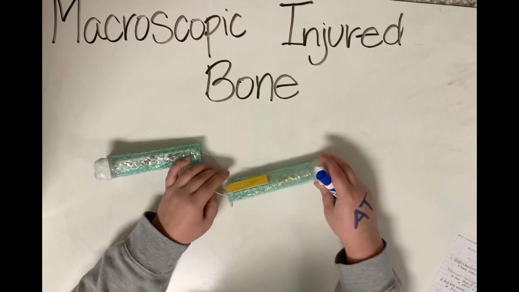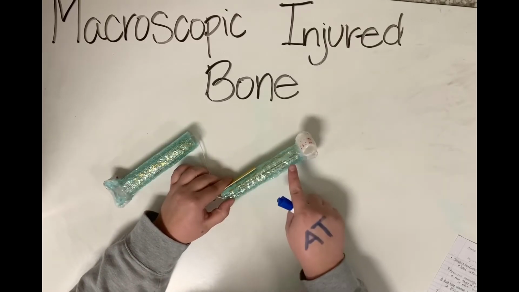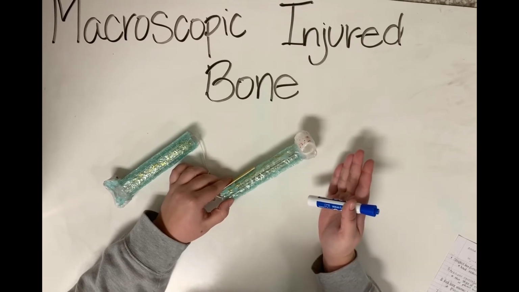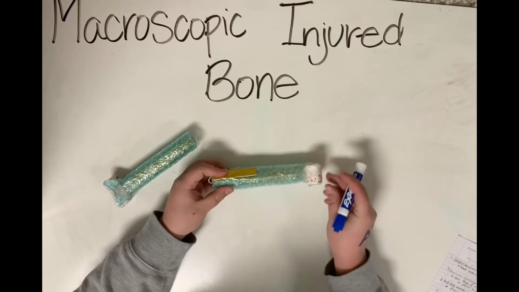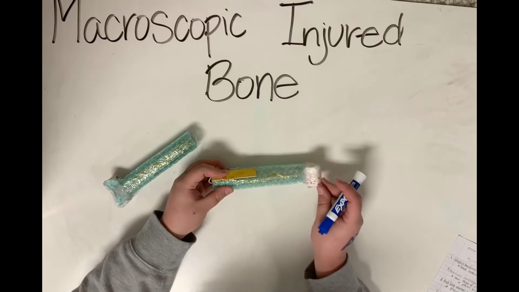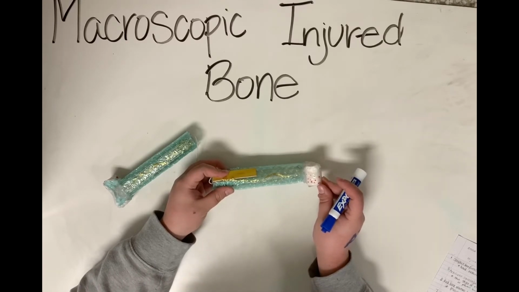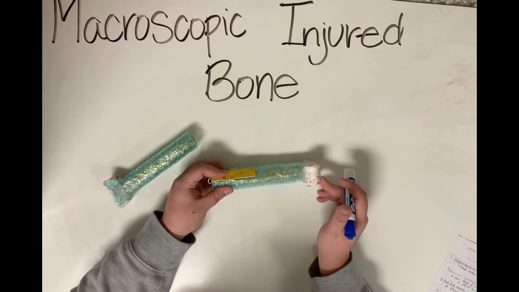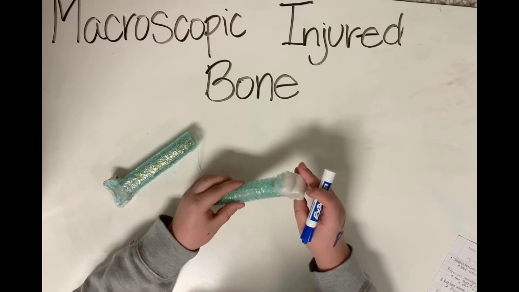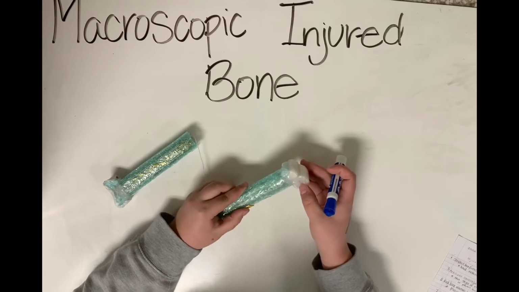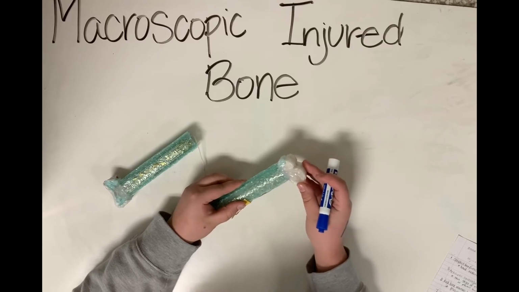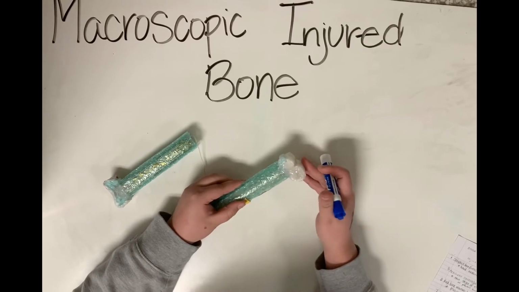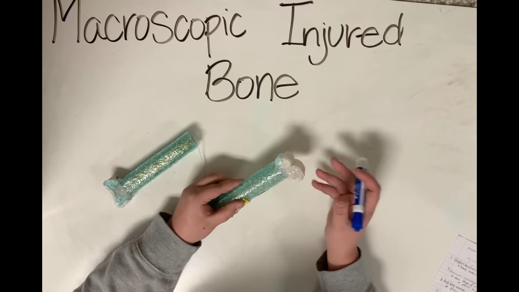Some external features are this bubble wrap, which represents your compact bone. That's like that hard external layer. It protects all those inside features, followed by the spongy bone on the end, which is that white substance. It's going to be used for more of those active functions of the bones, like cell reproduction. And it's kind of hard to see, but at the very end, we have this very clear coating that is going to represent your articular cartilage. It's a very thin layer of tissue that provides a smooth surface to prevent friction between bones and make sure